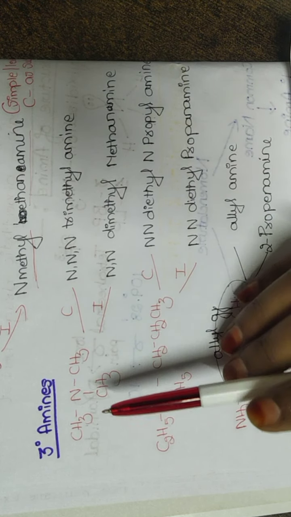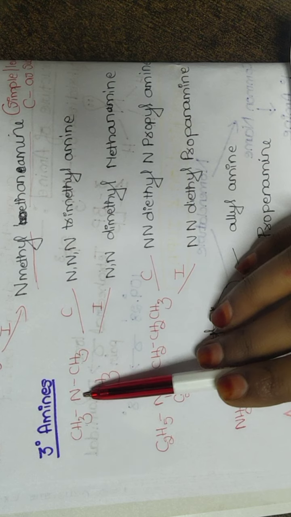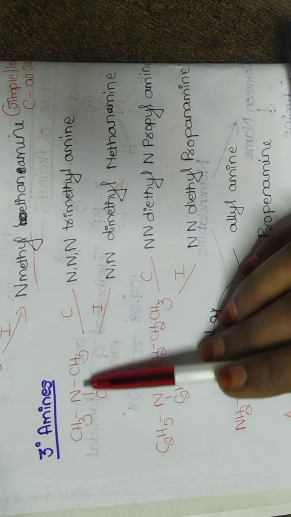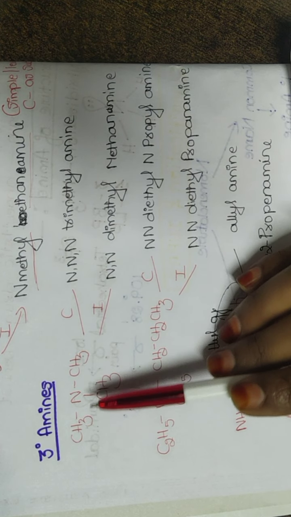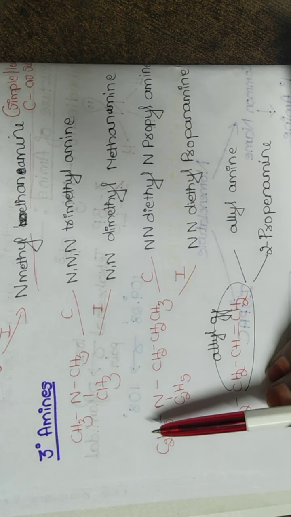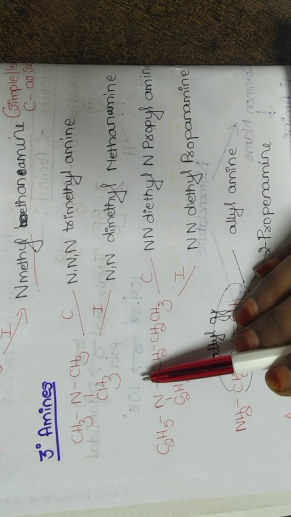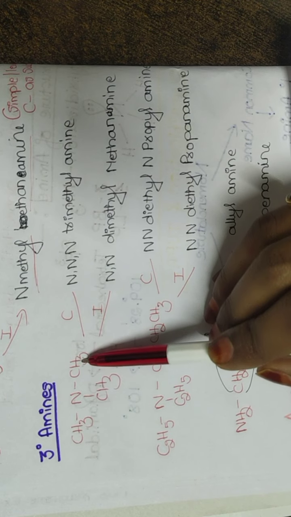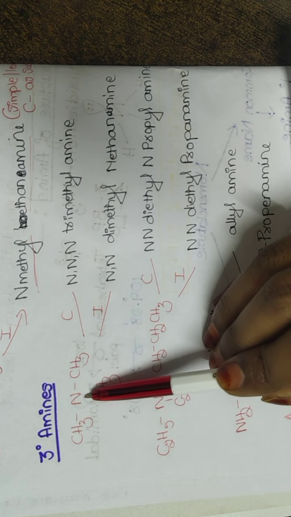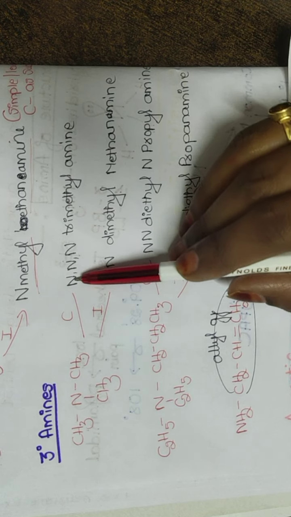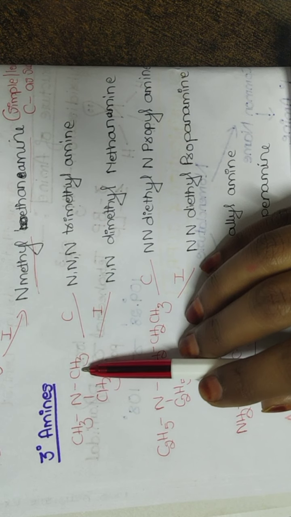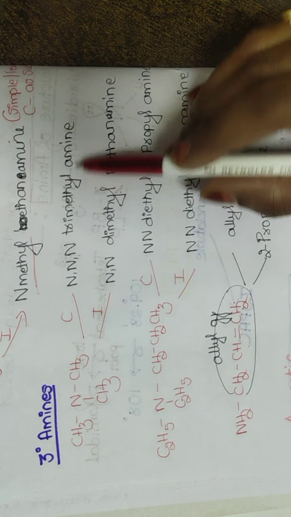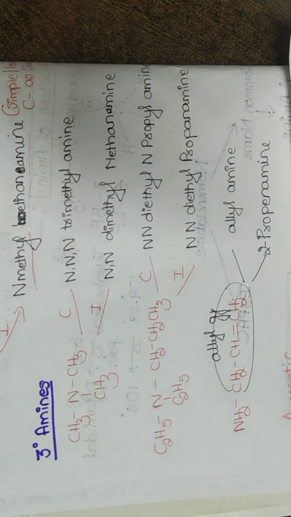So in the case of trimethylamine, here you have 3 CH3 groups bonded to a nitrogen. If you don't have a hydrogen, then also they are called tertiary amines. So it is the same as your secondary amines. Even here, since I have 3 CH3 groups bonded to a central nitrogen, I should write 3 times nitrogen followed by a prefix tri, because there are 3 in number, methylamine. So this is the common nomenclature.